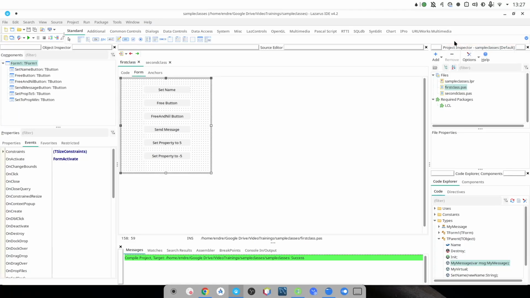Hi. In my last tutorial, I was talking about how you can create objects in Free Pascal and Lazarus, and basically these objects are the key elements of an object-oriented language, where you can define certain blocks. Let's say if we consider an object as a kind of block, then these blocks can be used as they are,